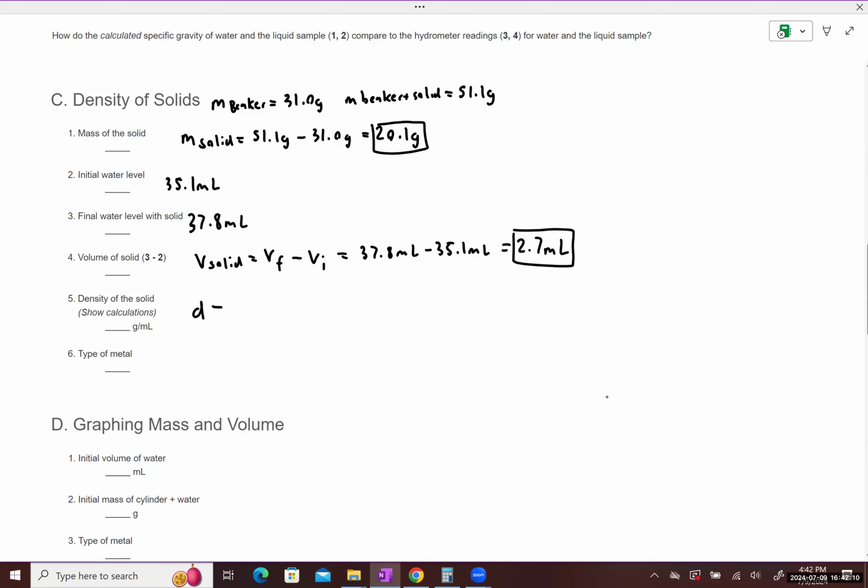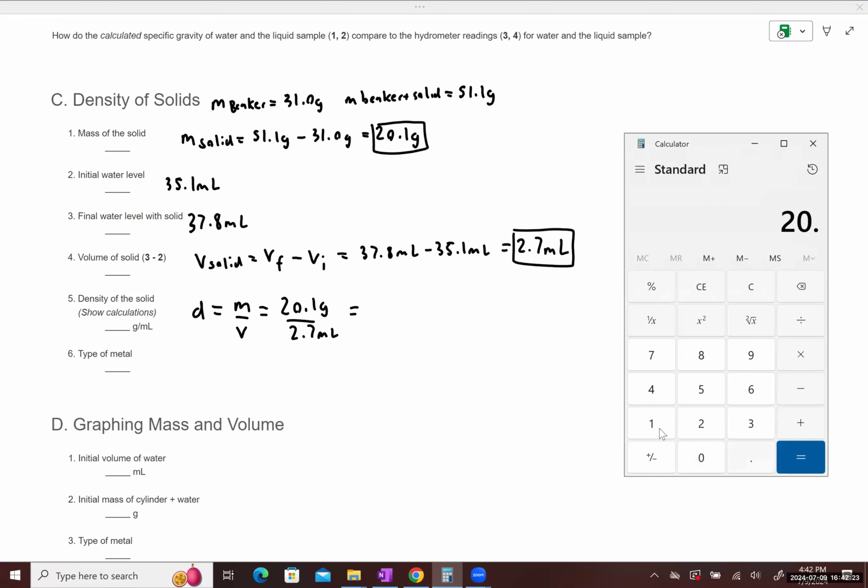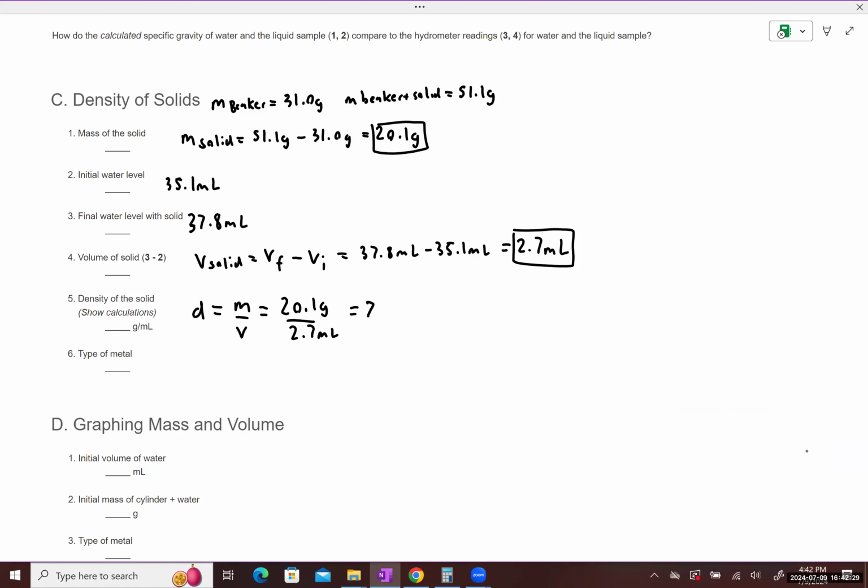So if density corresponds to mass over volume, we have 20.1 grams divided by 2.7 milliliters. Let's input this into our calculator, 20.1 over 2.7. That in turn gives us